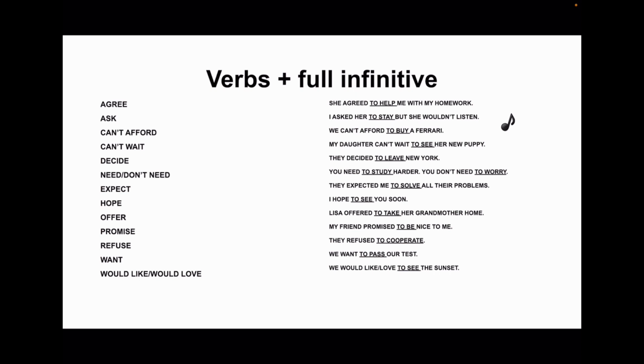Offer. Lisa offered to take her grandmother home. Promise. My friend promised to be nice to me. Refuse. They refused to cooperate. Want. We want to pass our test. Would like, would love, we would like or we would love to see the sunset. Now, these are just some examples of verbs that are followed by the full infinitive, but there are many, many other verbs that can be followed by this